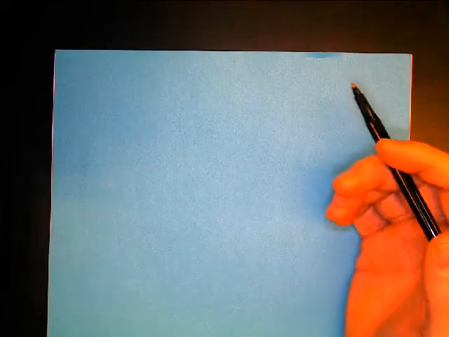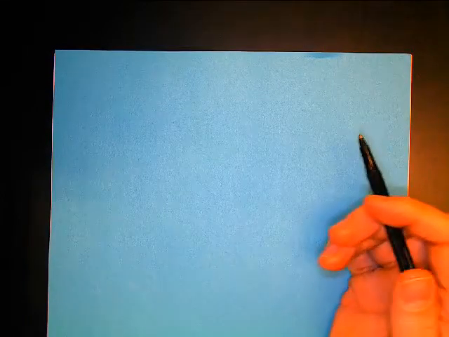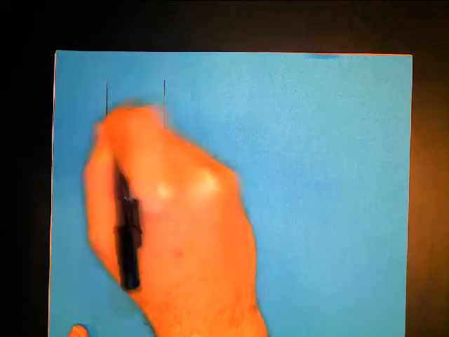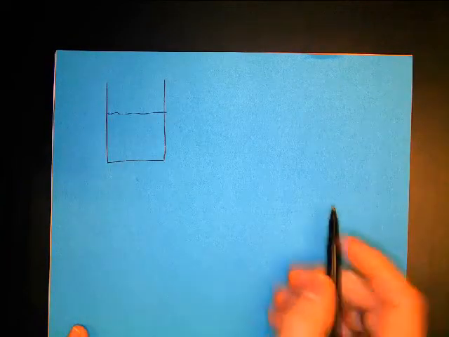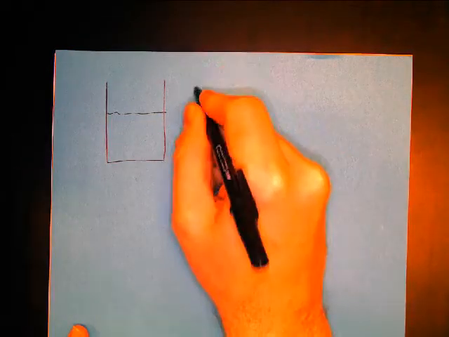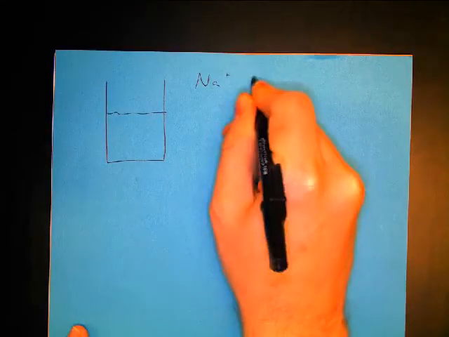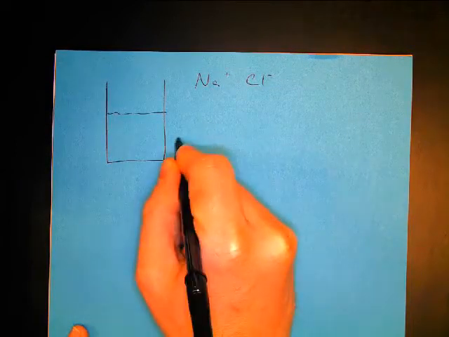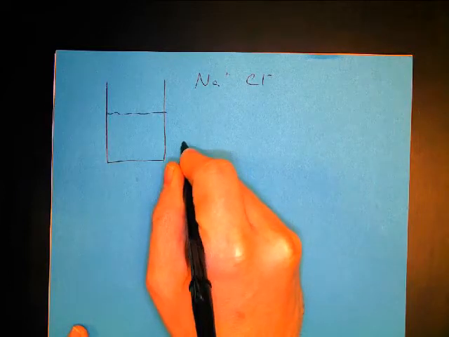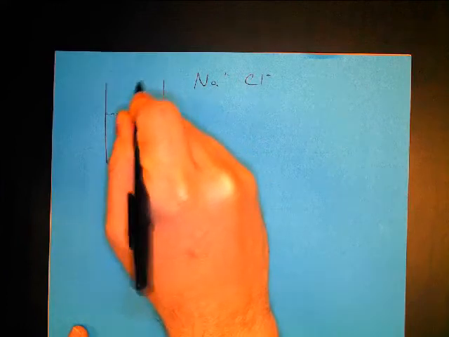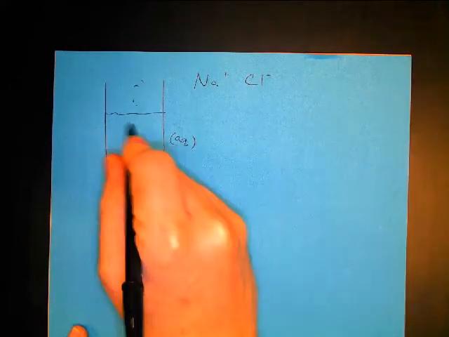So now let's talk about some other effectors that affect solubility besides just polarity. Let's start with another solution. Let's say this is a solution of salt again. We're going to put in some sodium ions and some chloride ions. And we'll say this is a water-based solution, or an aqueous solution, AQ for aqueous. And we'll dump those salt particles in, and as we dump them in, what'll happen is they'll